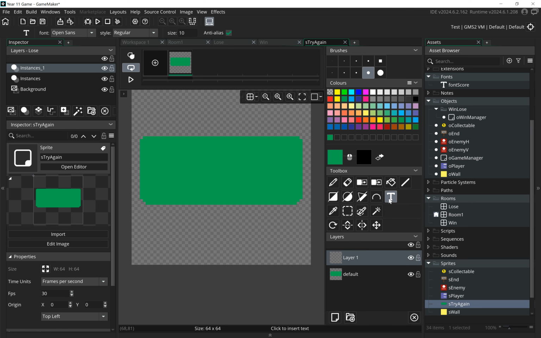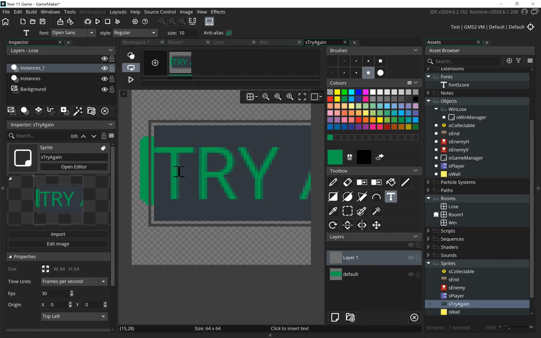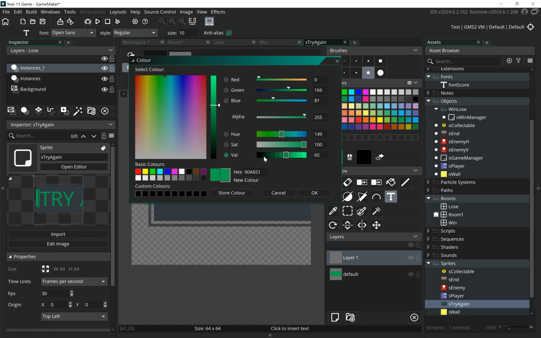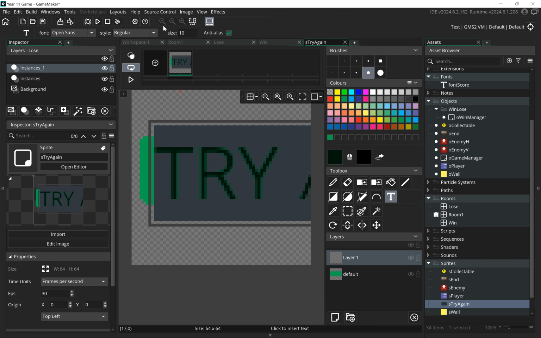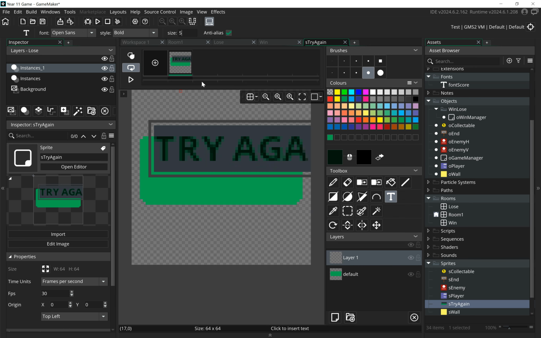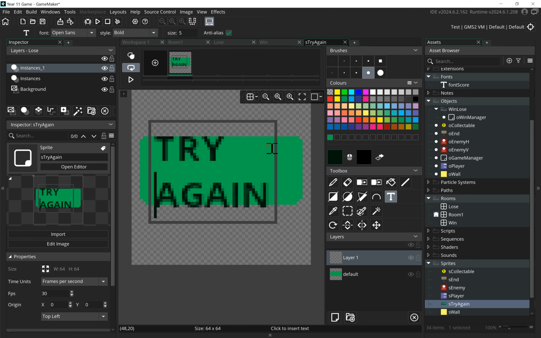So I'm going to add a new layer, and we're going to then say try again. Now you notice obviously it's green and it's too big, so let's change that to a dark color, and let's make it bold, and let's try, instead of being 10, let's see 5. Well, 5 is going to be quite small, so what we need to almost do with this is we need to put it onto 2 lines. So you can see now I have a little bit of a problem. So we've got try again, but the issue I'm going to have is that